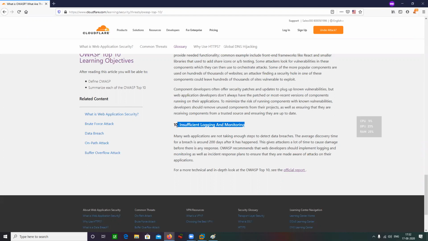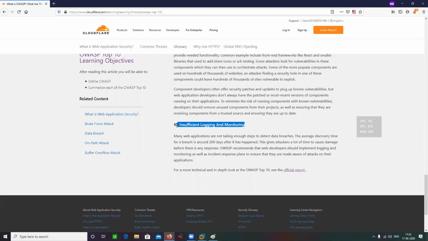Hackers monitoring the victim's machine as well as logging their machine also, or they occupy some space.